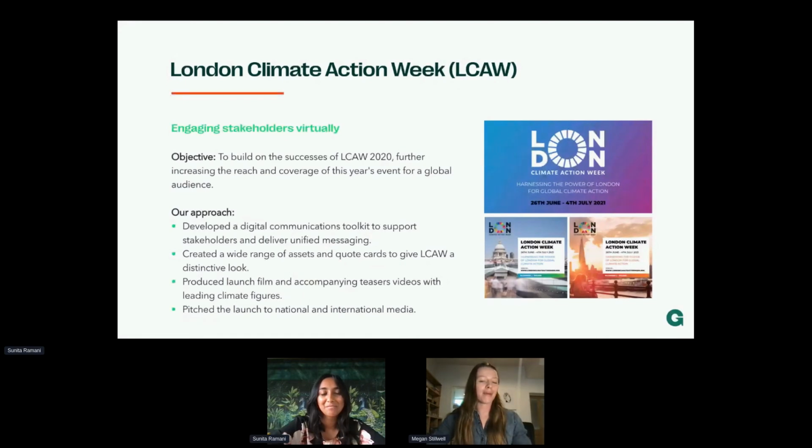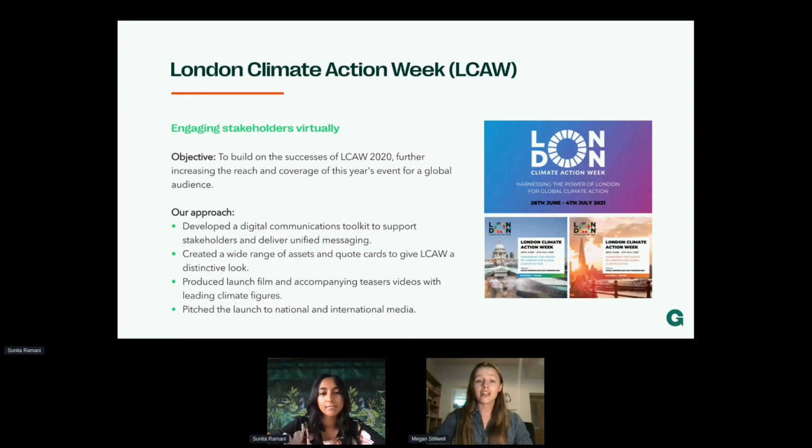So the first campaign that we'd like to share with you is the London Climate Action Week. You may have heard of this. It's an annual flagship climate event that has been running for the last 3 years. It's where world-leading climate professionals and communities across London get together and celebrate and discuss climate action in the capital, as well as nationally and internationally.